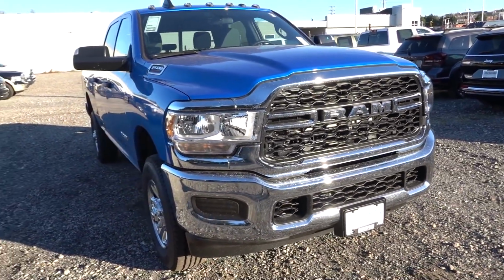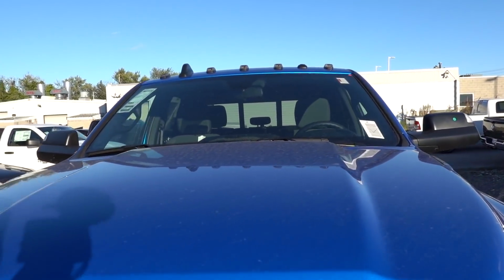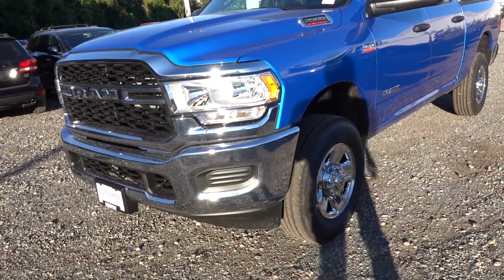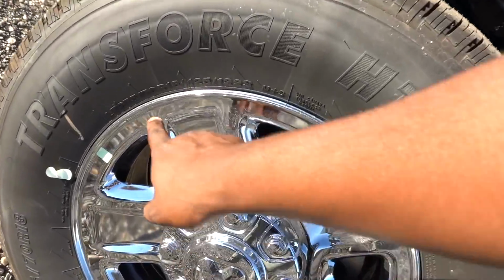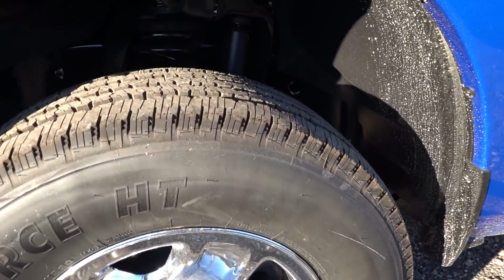A lot of people have asked me to do a video on the Hydro Blue, so I'll try to get as close as I can so you guys can see this beautiful truck. I love this color. This does have the Firestone Transforce tires, and they're going to be 275/70/18. You have a solid front axle